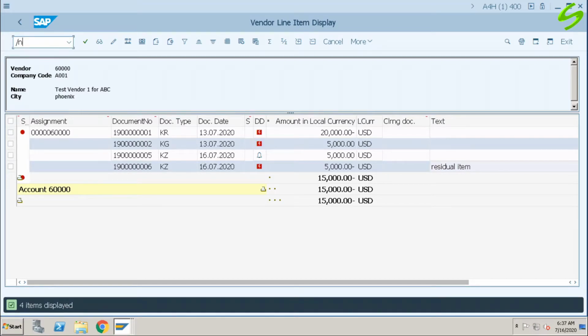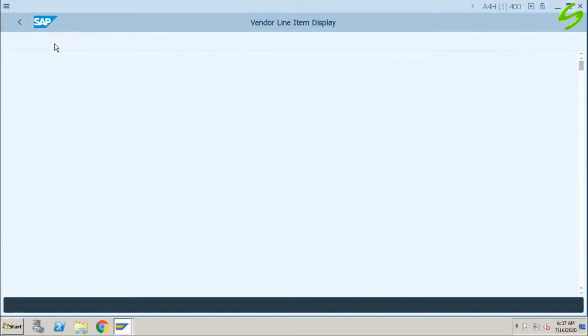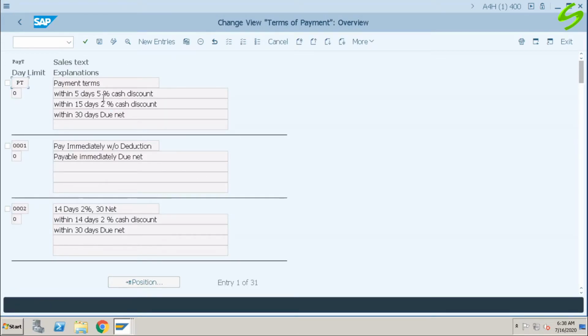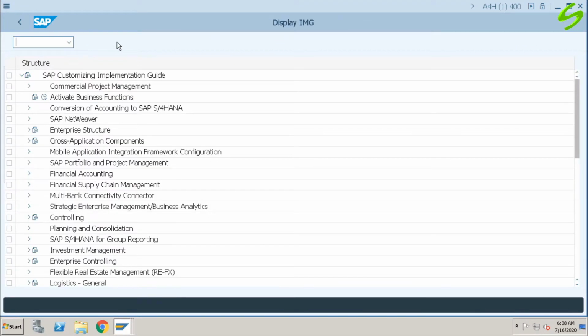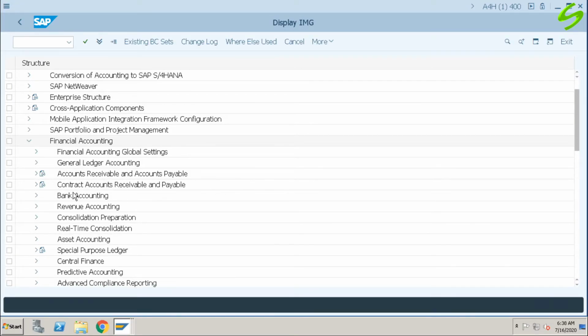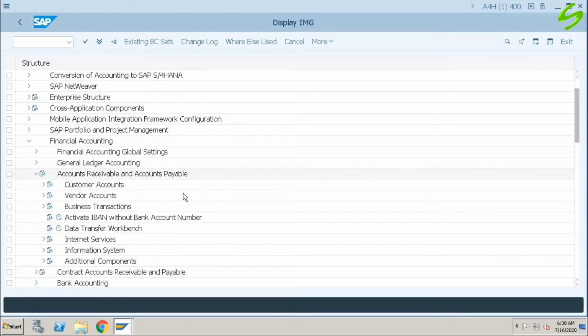We can use transaction code OBB8 to define the payment terms, or I can go to SPRO, SAP reference IMG, financial accounting, accounts receivable and accounts payable.